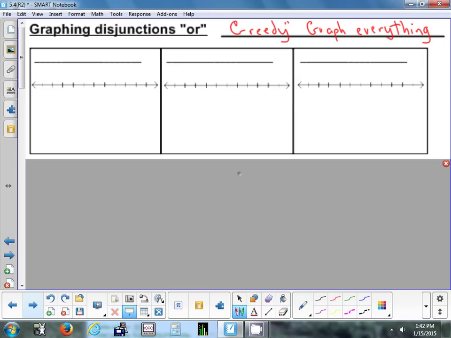All right, so we're greedy, which means we want to graph everything. All right? So, first situation we can have is when we put our lines in our graph, and they point towards each other. All right? So my first box would be